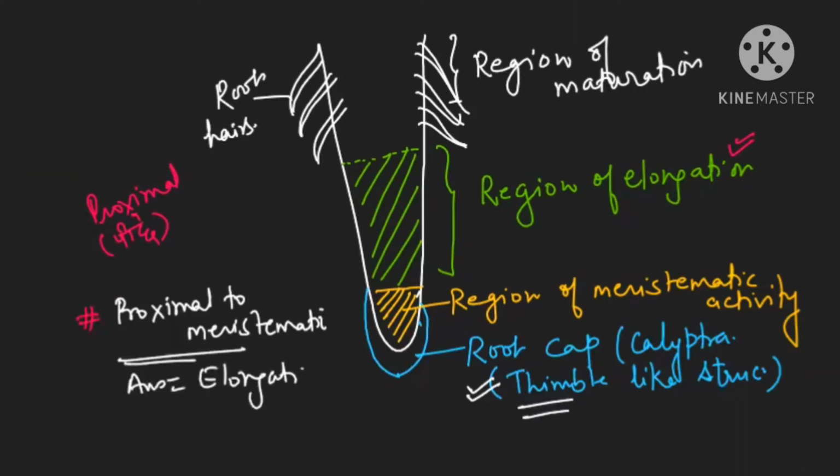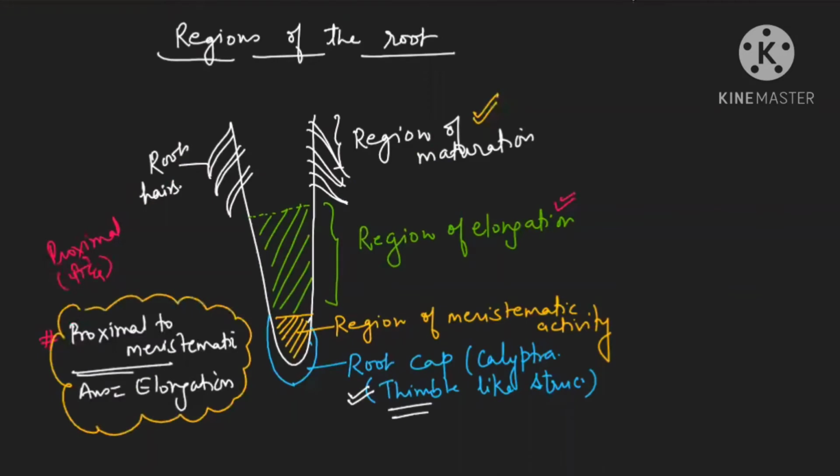Is it clear? In Hindi, I'm just once again speaking it. If I ask you who is at the proximal to meristematic, you always remember meristematic के पीछे कौन है? पीछे आपका कौन आएगा? Elongation आएगा. Now, if I ask you who is at the proximal to elongation, तो अब आपको बताना proximal to elongation कौन होगा, मतलब elongation के पीछे कौन होगा? Elongation के पीछे तब आपका आंसर जाएगा region of maturation. Is it clear? This one question language, I hope this will help you to learn the things.